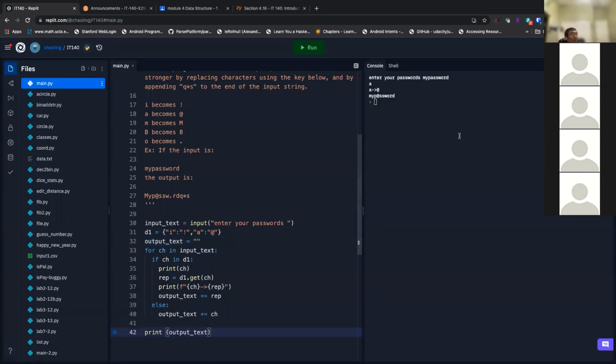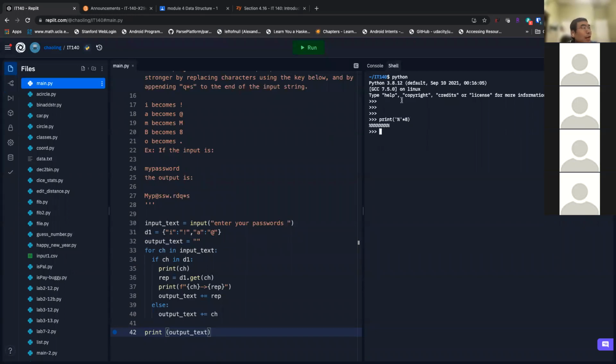The trick is this. If I print a symbol n times, I can say times 8, for example, and I can get 8 characters. Let me just make it nicer.